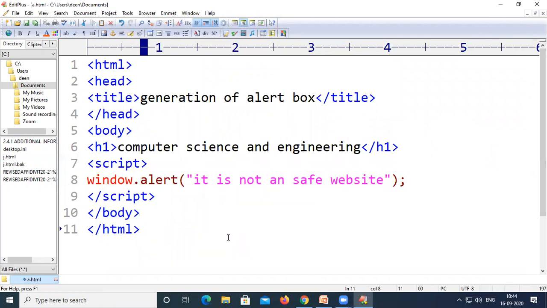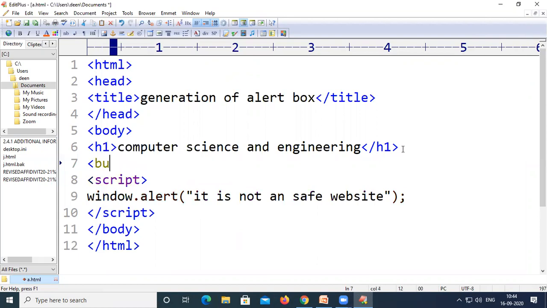At the same time, we can do something here. For example, we can create a button. Button type equal to button, and onclick equal to, I want to create a function called apple.